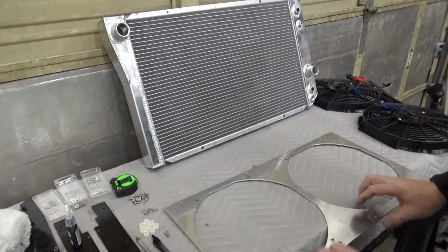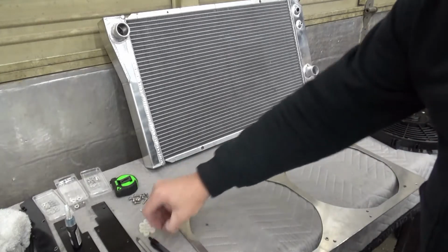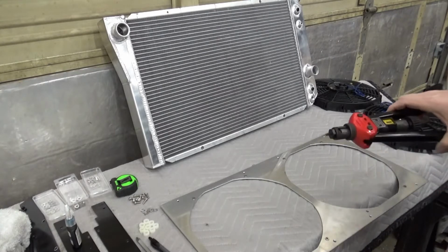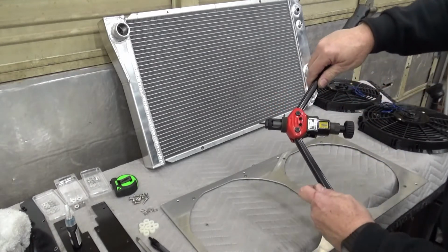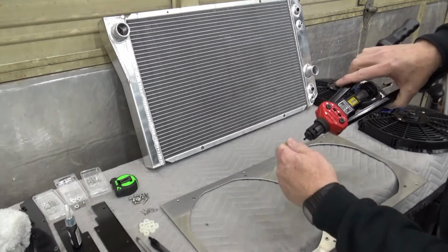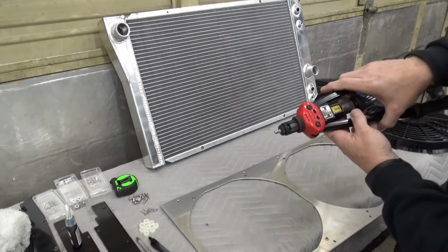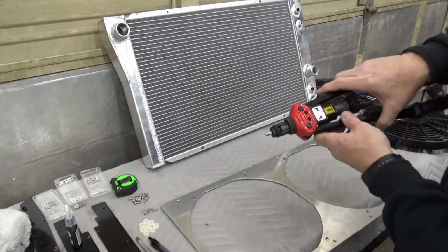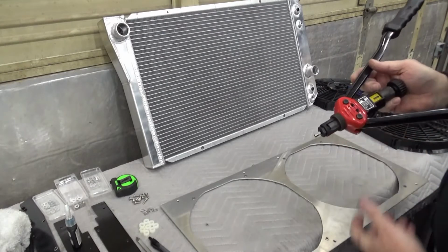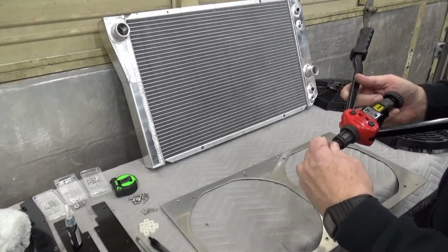So basically, I'll show you why I'm putting these in here. We've got a rivet nut, and I'm using the stainless steel ones, and these are 8-32. And I bought just a rivet nut setter from Amazon. It wasn't a whole lot, but basically what you want to do is, with it fully drawn and closed, you want to screw the rivet nut on there. And then this one has a gauge that moves according to the material thickness that you want. And on this one, 2.5 to 3 millimeter thickness. So we're going to set this a little bit light. There's no need to really draw these so tight